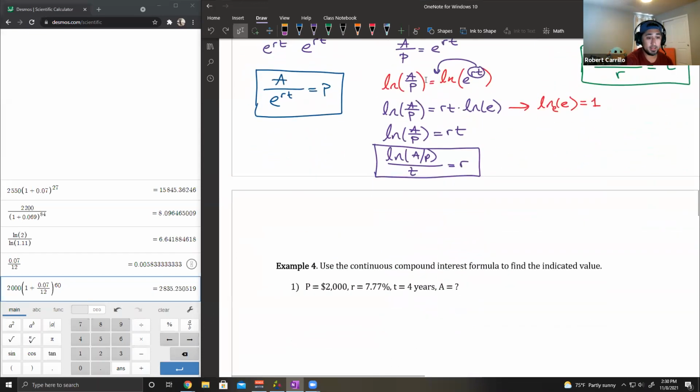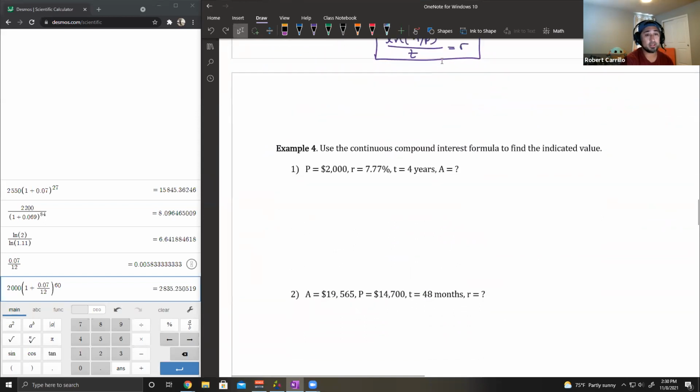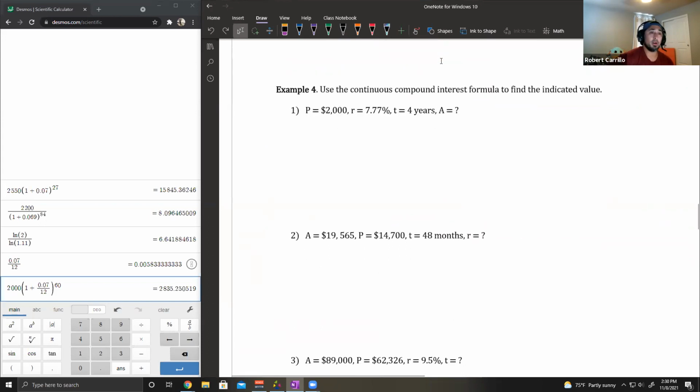So next is use the continuous compound interest formula to find the indicated value. Okay. So this gives us P is 2000, R is 7.77, and T is 4. What is the value of A? So this is going to use regular old PERT. So just plug it into PERT. A equals 2000